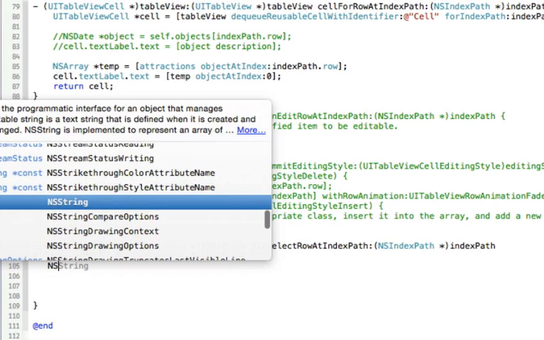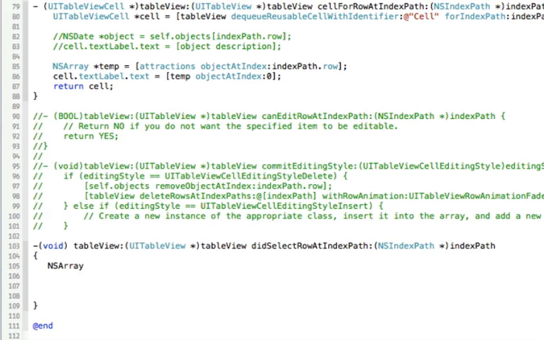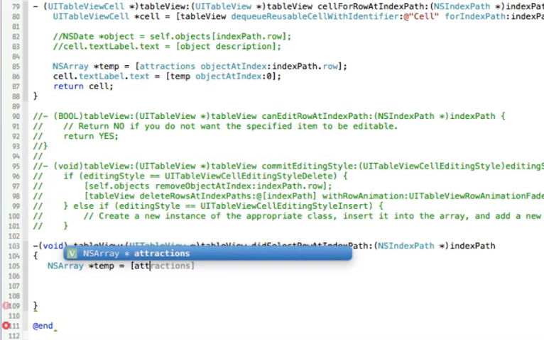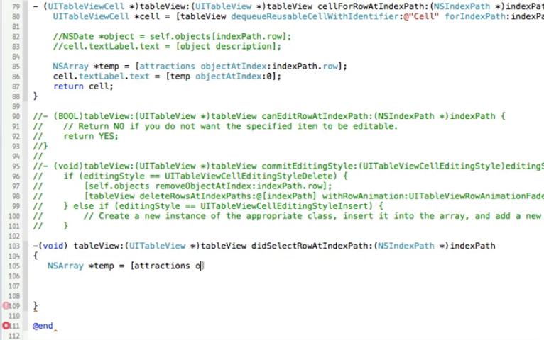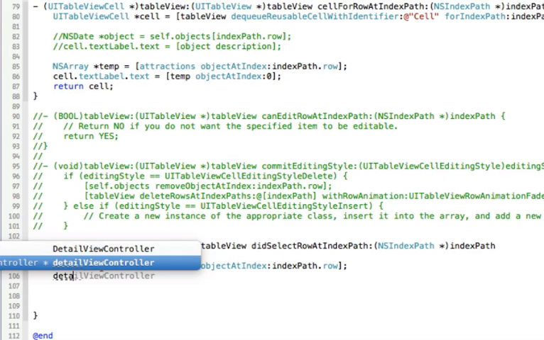And it's going to be NSArray asterisk temp. So once again, an instance of temp. And this time we're going to put square braces, attractions, object at index, and it's going to be indexPath dot row, close the square brackets, semicolon, and the last line here is going to be detailViewController